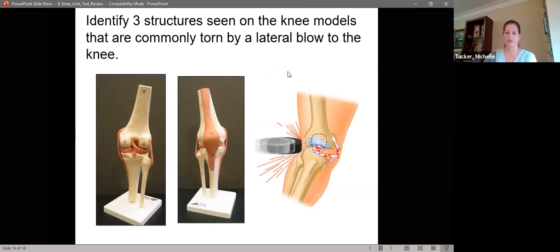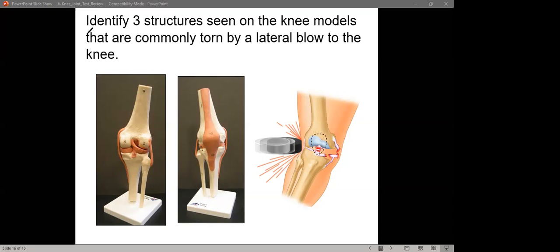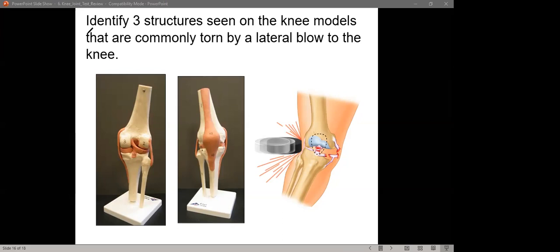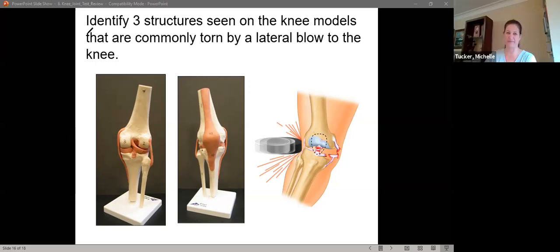Okay, so it says when the knee receives a lateral blow, which commonly occurs, lots of soccer injuries, lots of football injuries, apparently hockey injuries too. There are three structures that are commonly injured. And those three structures are the ACL, yep, medial meniscus, yep, and forgot the other one. Look at the bone it's attached to. The tibia,